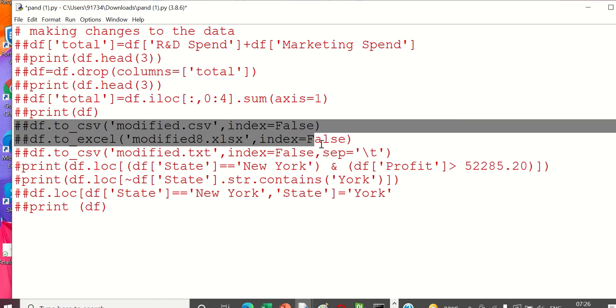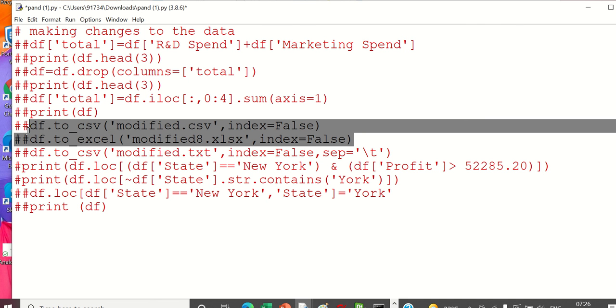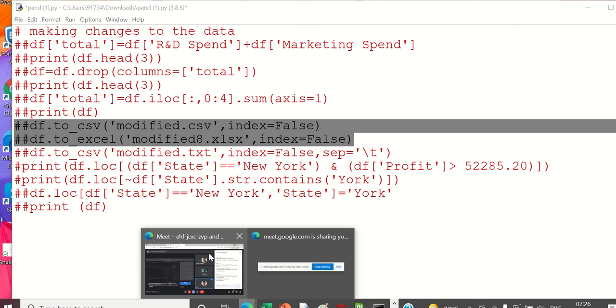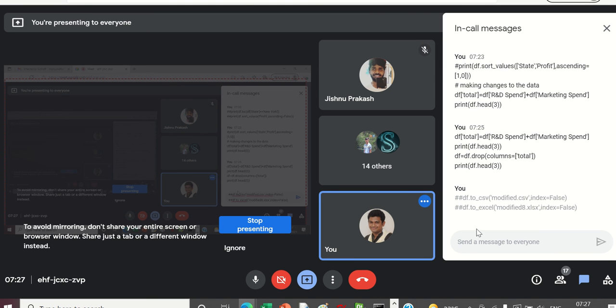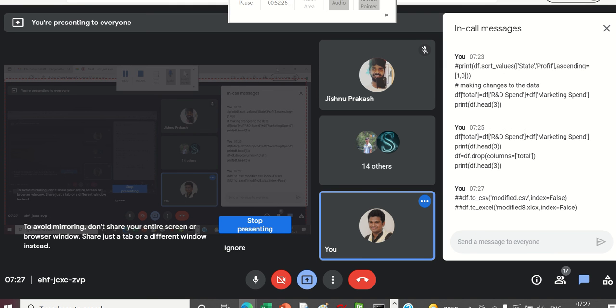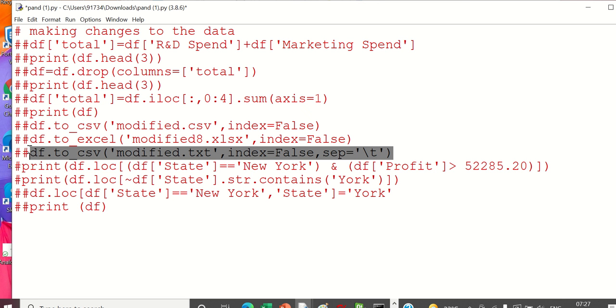We can also save it in XLS, so these are the ways we can save it in XLS or in CSV. We'll share this also. And also text form. You can also move it into a text form. I will share that also.